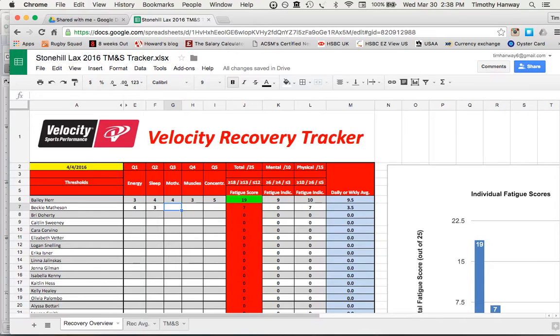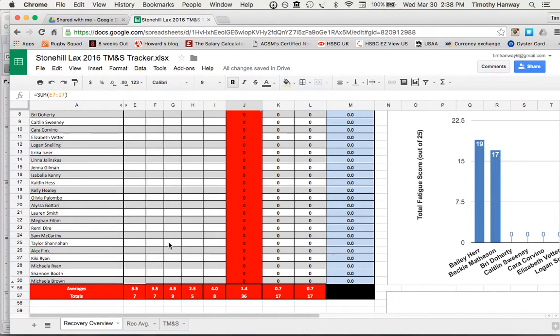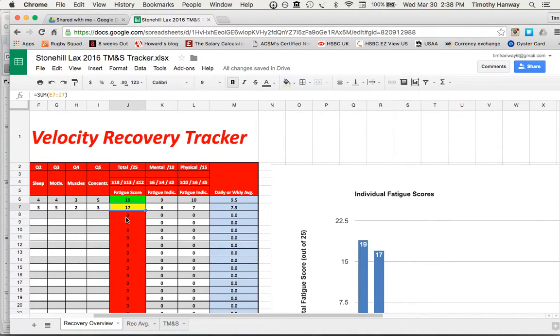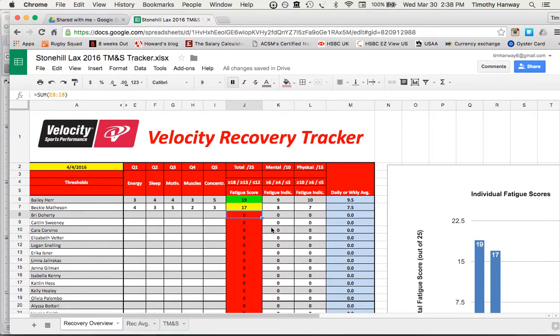So even if I just fictitiously put some more scores in, we can see how this sheet comes together and how we get some averages. Now what's interesting too is you may have noticed that each time I added a number or completed the questionnaire, a color would come up in addition to an actual summation of scores. So this is actually designed as a traffic light system. Anything that's green is optimal, anything that's amber is something that we want to monitor, and if for whatever reason there's a red,